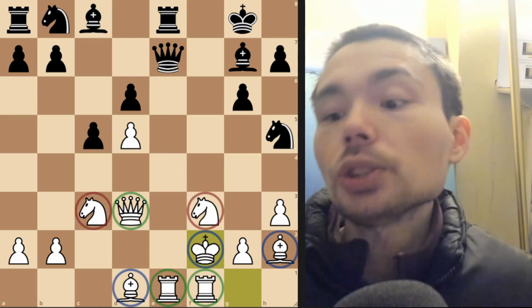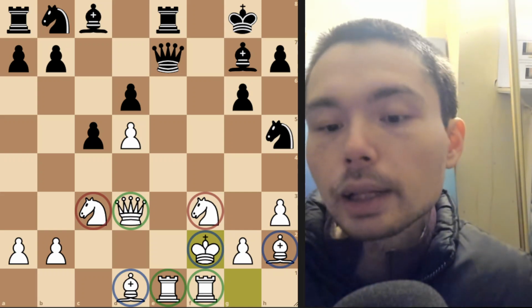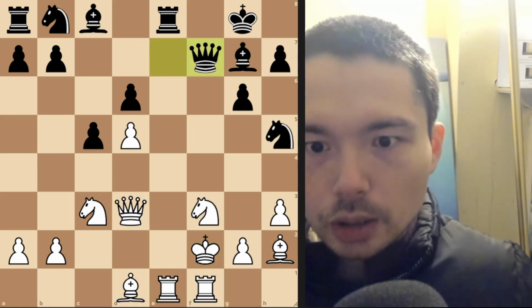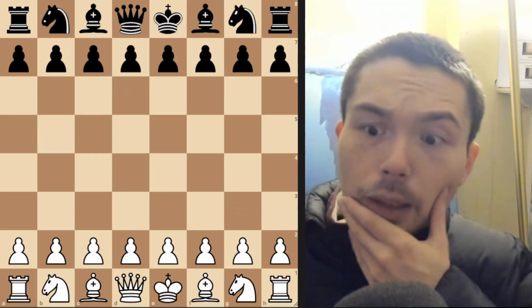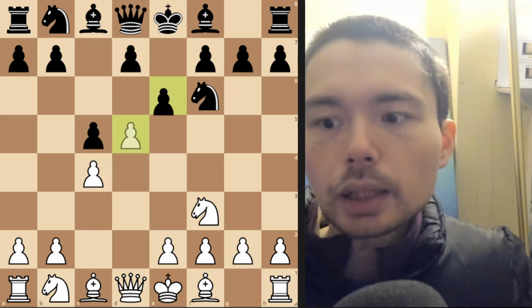Preparing this variation, you can see I've put the different colors. Green for the rooks and queen, and then knights and bishops. Every single piece is in the attack. Good stuff. Right. Now we will get to maybe if black knows this pawn sacrifice idea and they don't want